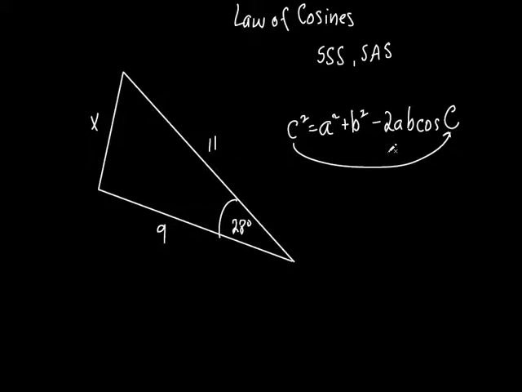So basically, it's just plug and chug, right? Just plug everything in. Pretty simple, isn't it? If you know the formula and you know what all these numbers represent in relationship to this formula, you should be good. So what is that little c again? That's our x in this case. It's x squared equals a squared plus b squared. That's the other two sides. It doesn't matter what order you put them in. Let's go 9 squared plus 11 squared minus 2AB. This is my A and my B, so I'll put 9 and 11 right there. And then it's cosine of angle C, which is the angle that's opposite this side right here, which is 28